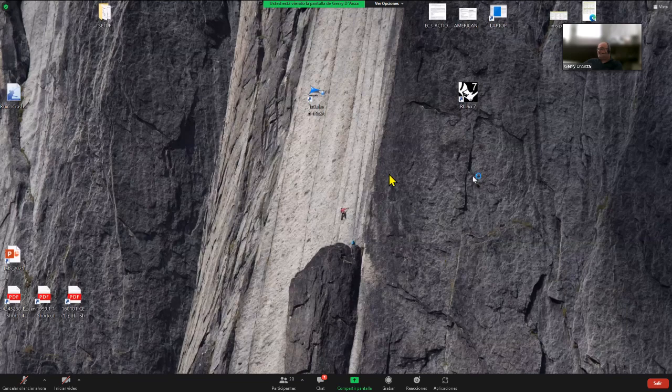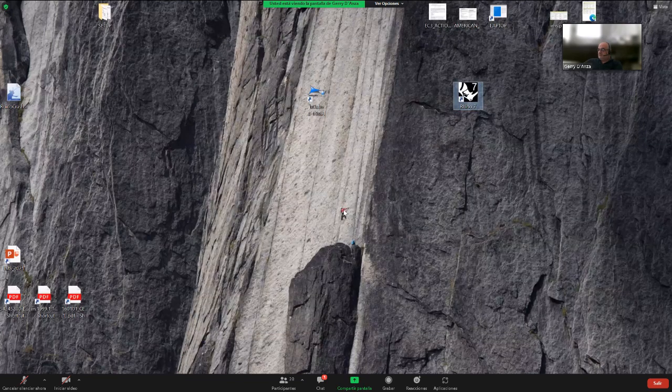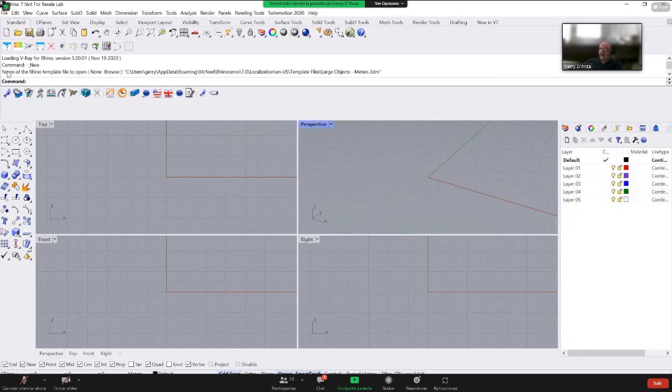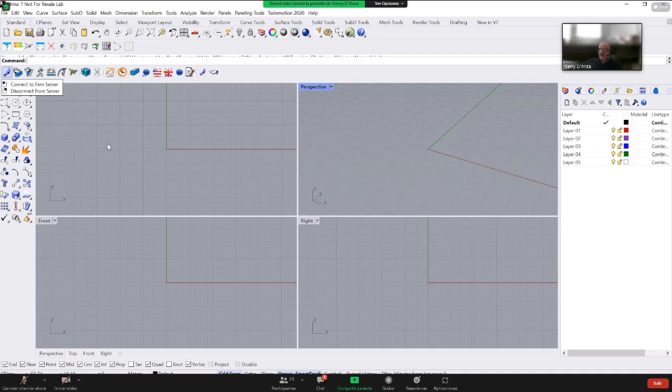Okay. We start Rhino and we make a new job. So basically now we have started the application. We have started Rhino. And if you want to work with Falco, the first thing to call is this tool here, connect to Falco server. So when I click on this icon, the software, since Ixcube is not running,